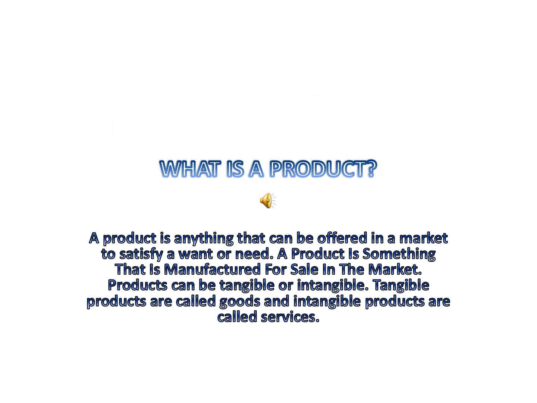So what is a product? A product is anything, an article or substance, that is manufactured for sale. So anything that is manufactured or produced to sell and meet the demands of the consumer is known as a product. A product can be tangible or intangible. The tangible products that we can see or touch are known as goods, and the intangible products which we cannot see, and of which we can only get an experience, are known as services.